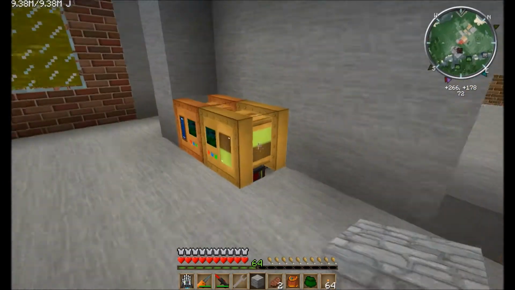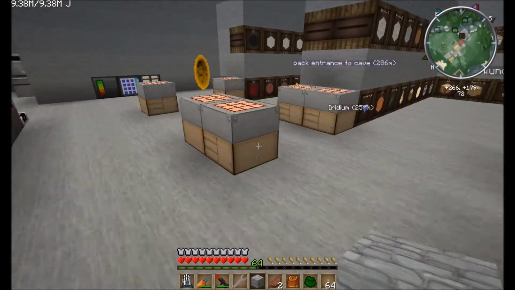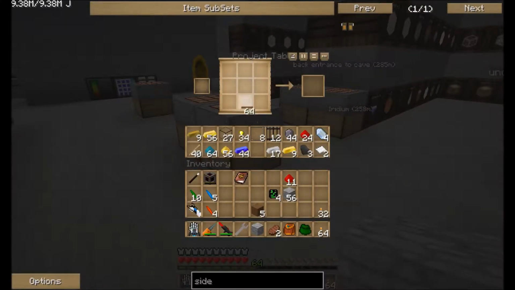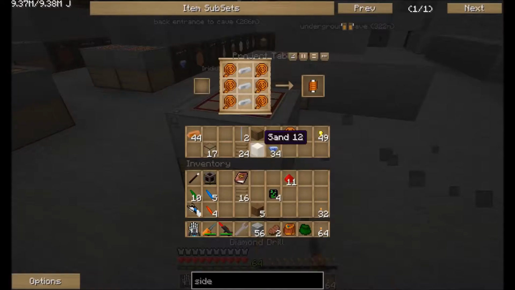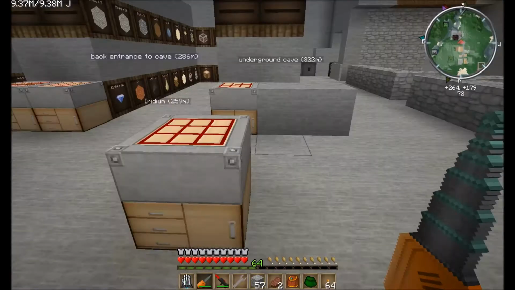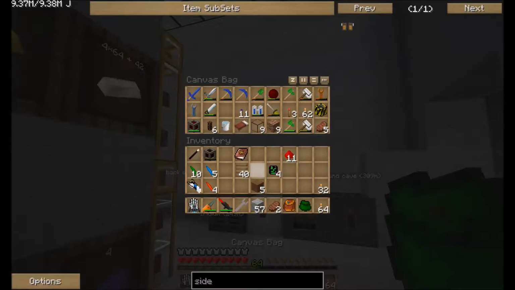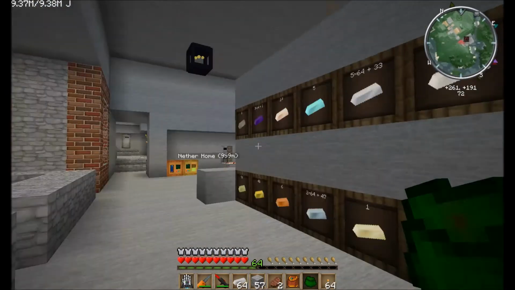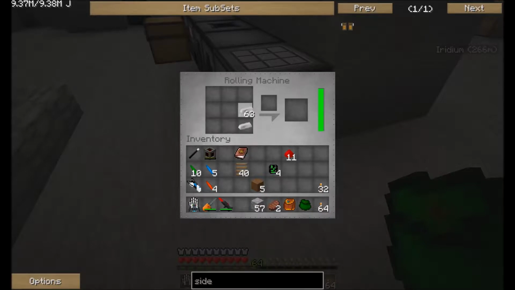So what we're going to need now are these tracks. And let's go ahead and throw these in there. Okay. I don't think we have any. We have 2. Oh, we have a bunch of those. So let's that go in there. Let's grab some iron. And we'll come over to our rolling machine